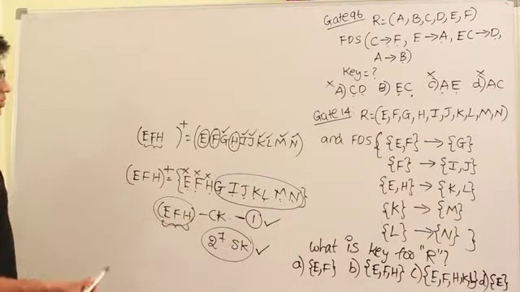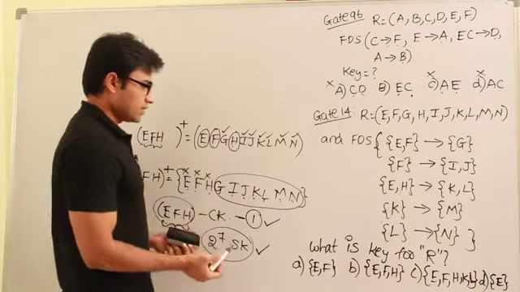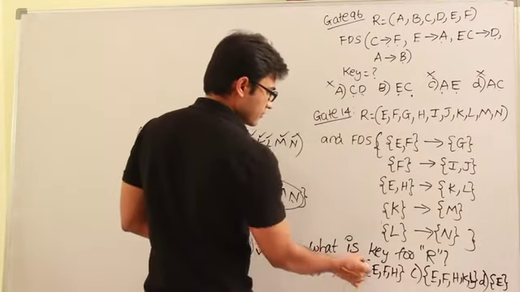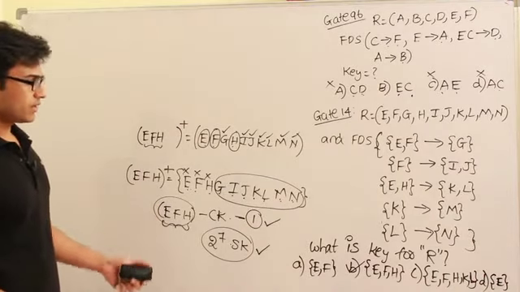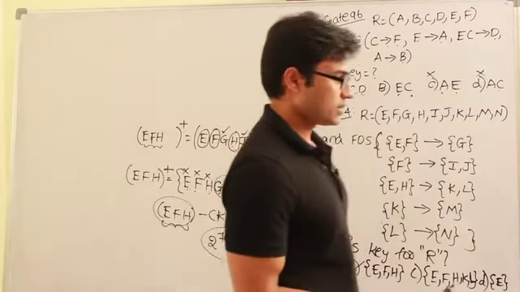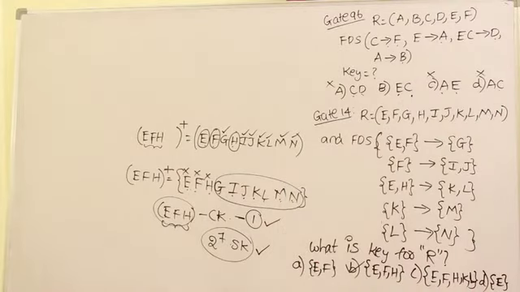Anyway, the question is not about counting, right? So what is the answer? E, F and H is the key, right? And if E, F and H is going to be the key, I think they asked for the key only, right? Let me just check the question one second. The question is